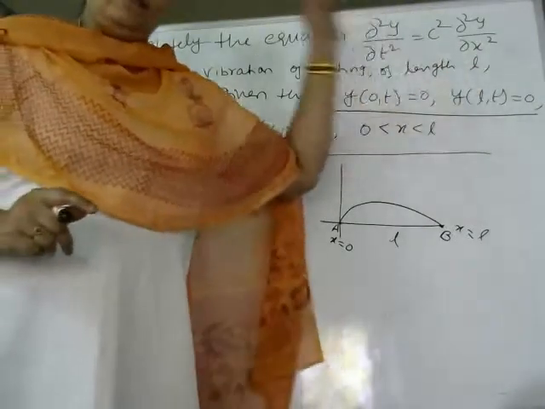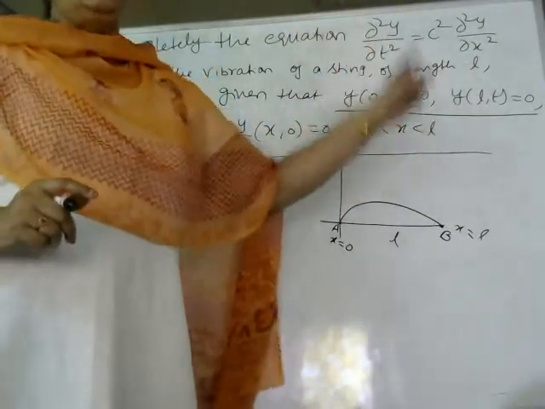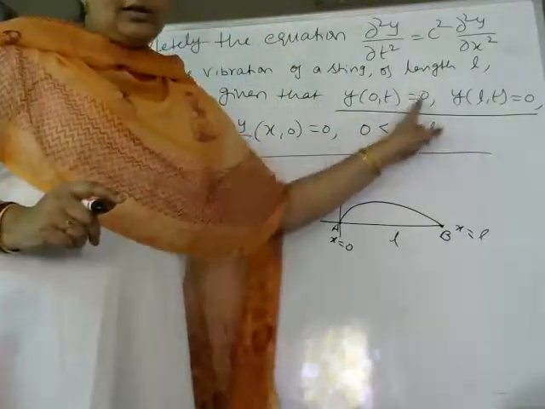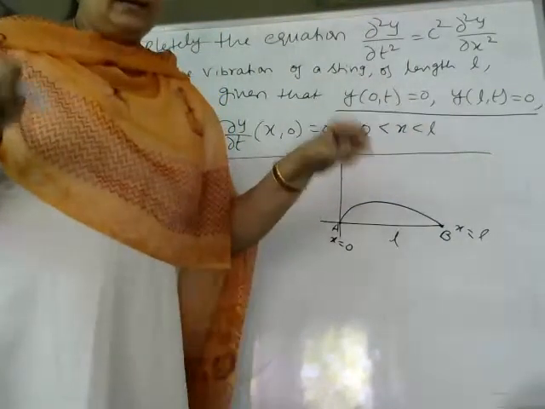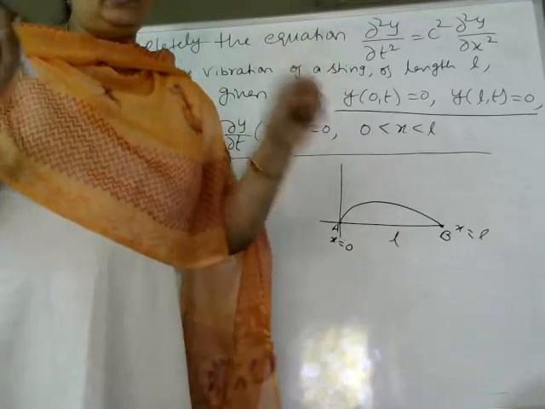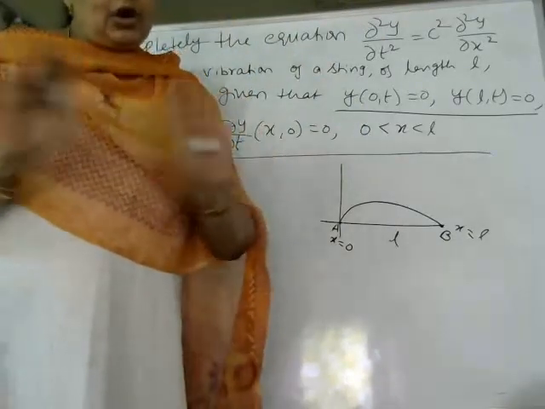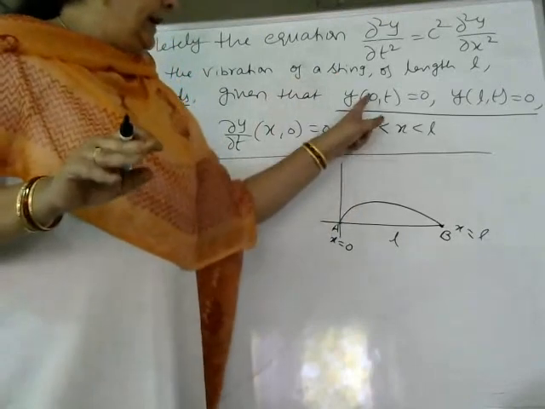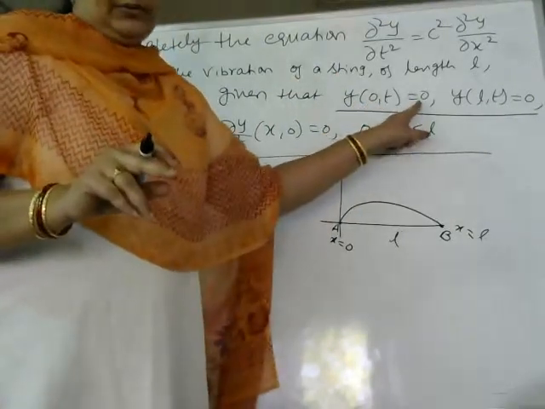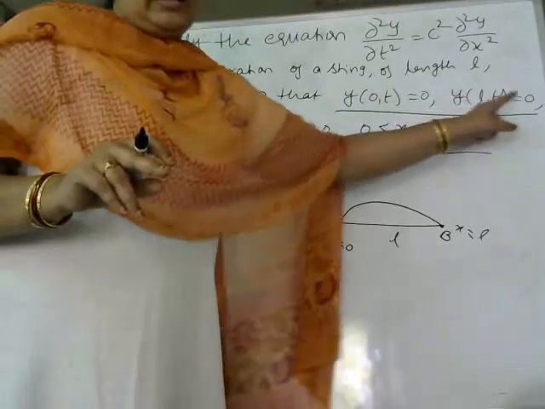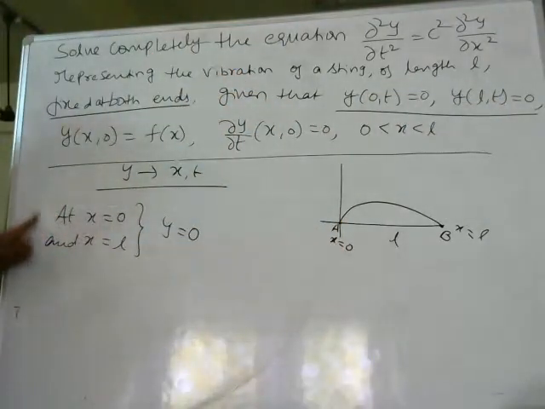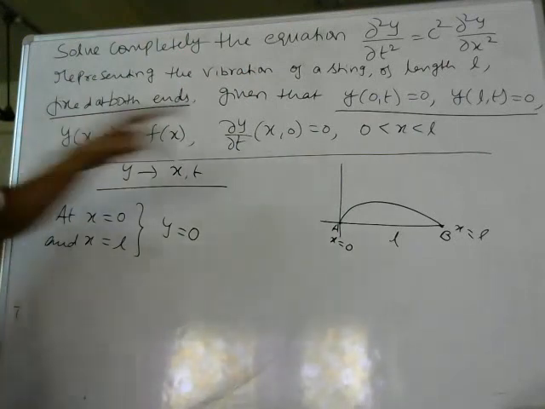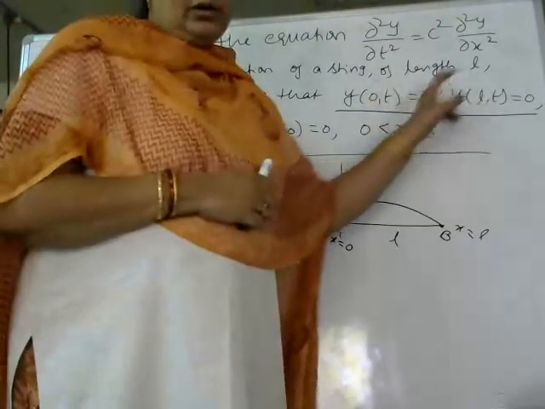For every wave equation, fixed at both ends, whenever you come across that word, you have to take these two. What are these two? At both the ends, displacement of the string is equal to 0. The string is not vibrating at that point. It is at rest. That's why at x equal to 0, y equal to 0. At x equal to L, y equal to 0. That is what I have written over here. These two are two conditions on x. See that x0, xl. Two conditions we have written on x.